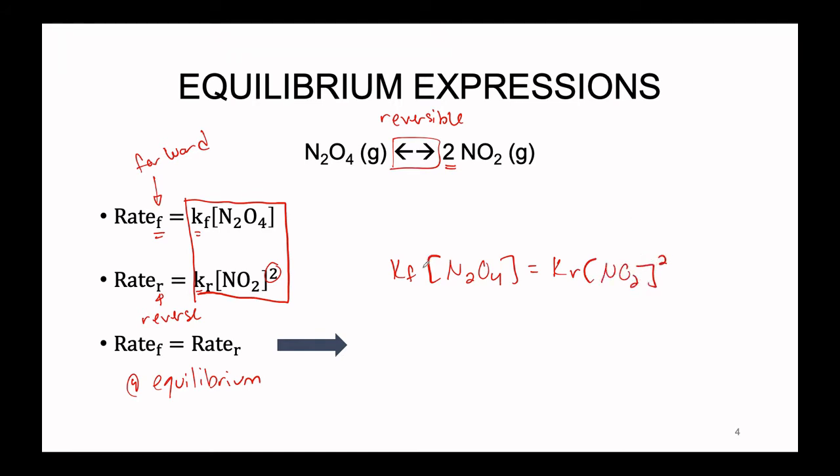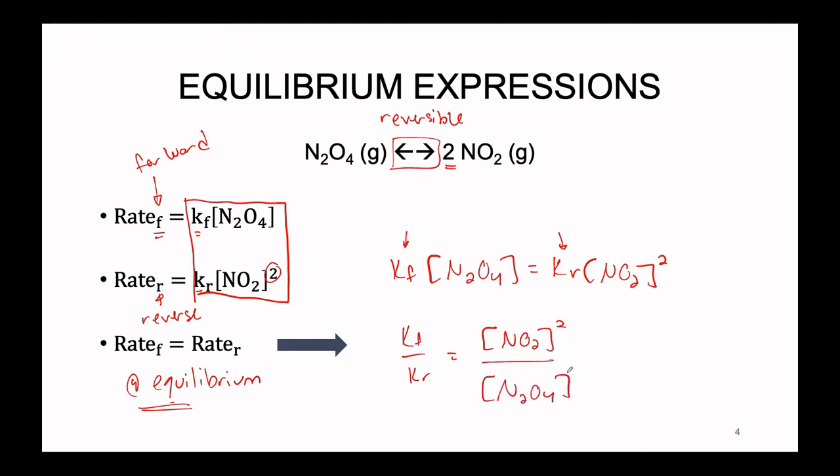And what's pretty neat about this, again, the math we're about to do is all at equilibrium, is that we have two constants, right? Two numbers that don't change. They are a function of temperature, activation energy, collision factor. They're all kind of the background environmental terms. So let's say we want to pull all of the constants to one side. Our Kf divided by Kr is going to be equal to the concentration of NO2 squared, all divided by